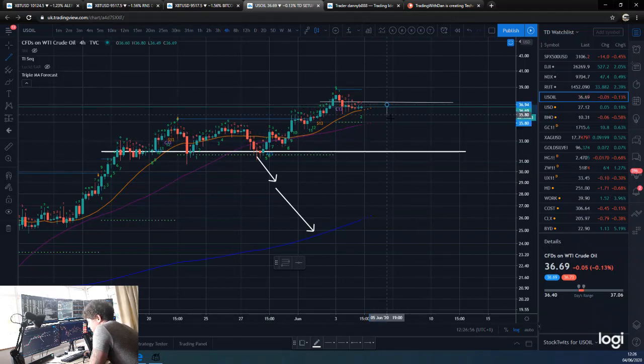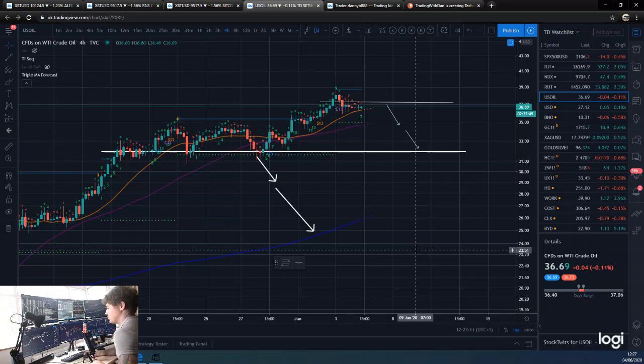Yeah, I'd expect it. Well, to be honest, it is strong, so maybe a move to this sort of resistance level here. Support level, which was an old resistance level, and then if we break that, then down to here, and then obviously you know the rest, you know where we're going with this. So yeah, potential nice 4-hour sell in oil.